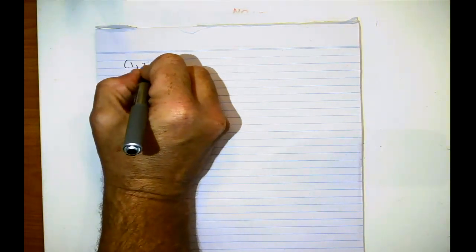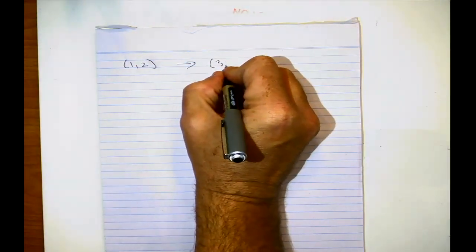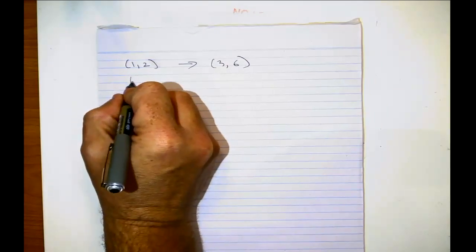For some reason I don't want to represent this as y equals ax plus b, I want to represent it parametrically. So I've got a straight line that goes from the point (1, 2) and ends at the point (3, 6). To make life easy,